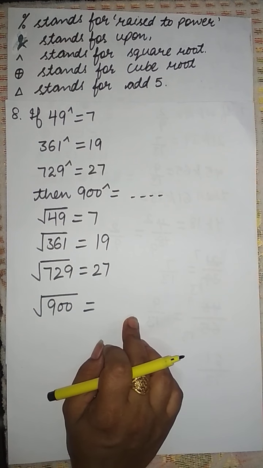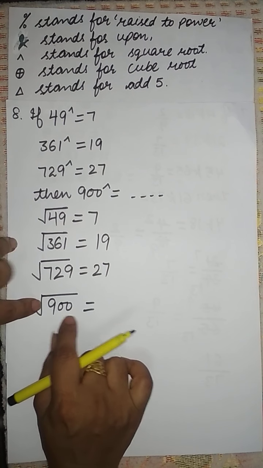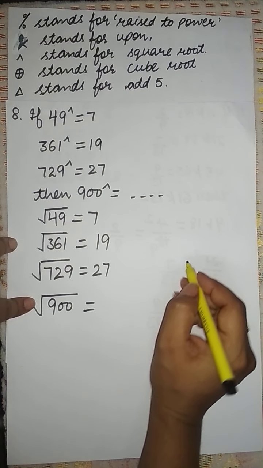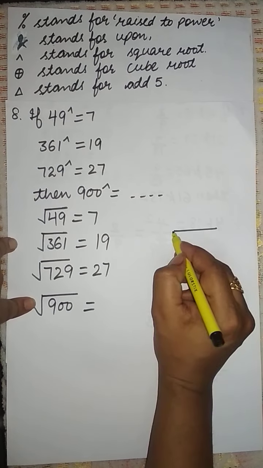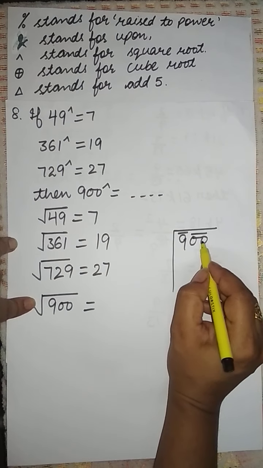Students, how to find out the square root? This topic you have done in your mathematics books, that is chapter number 6, squares and square roots. You have two options to find out the square root of a given number, either by prime factorization method or by long division method. Any of the methods you can see from the videos on my YouTube channel. Students, I'll solve for 900 only. Now here I'll use the long division method. In the long division method you simply use simple steps.